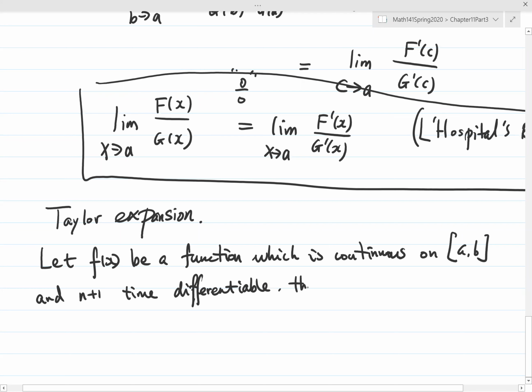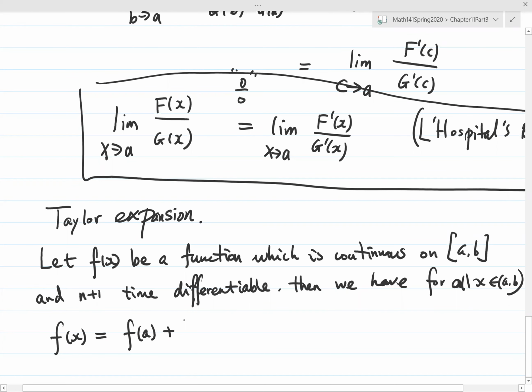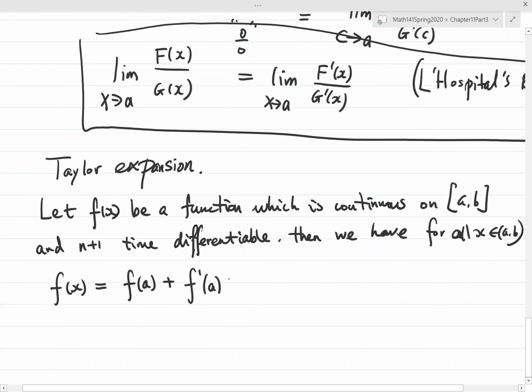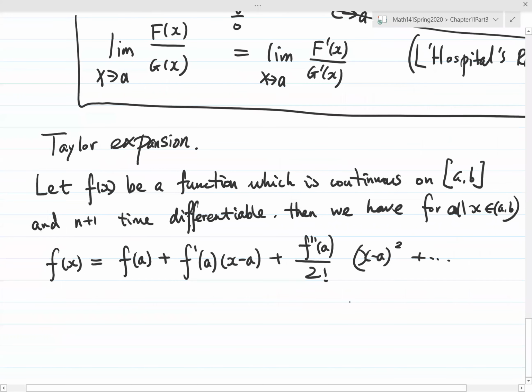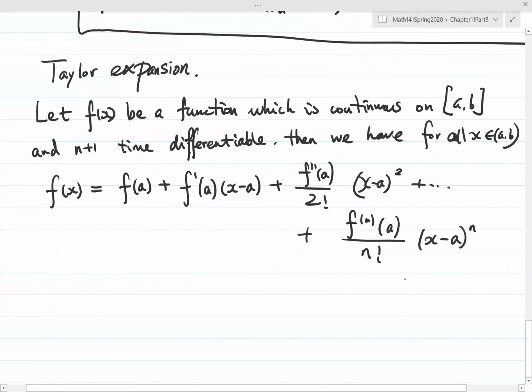Then actually we have, for all x in (a, b), F(x) equal to F(a) plus F derivative at a times (x minus a) plus F second derivative at a over 2 factorial times (x minus a) squared, etc., plus the general term F n-th derivative at a over n factorial times (x minus a) to the power n, and then plus an error term,